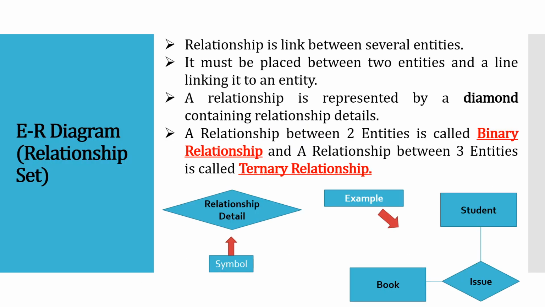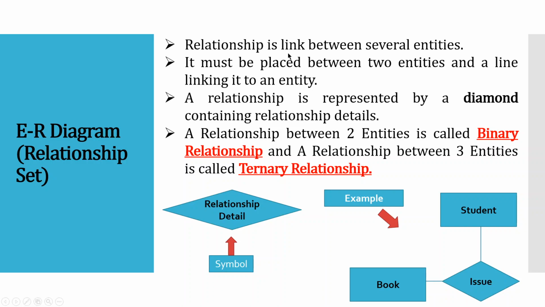So the next is relationships. Each and every entity set in your diagram will be connected with some relation. Let us say staff is connected to student, student is connected to library, staff is also connected to library. How these entity sets are connected with each other is symbolized by a relationship, and the symbol of a relationship is a diamond shape, right?